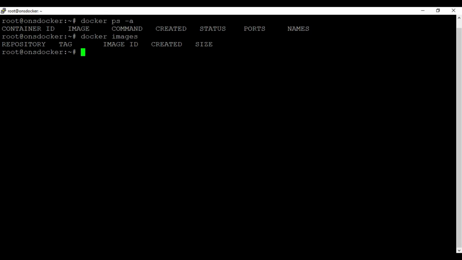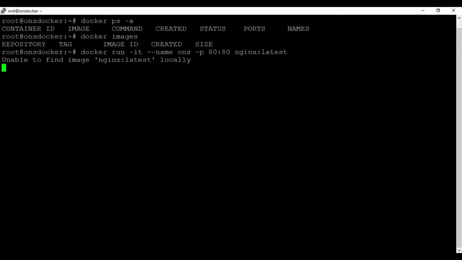So we have to create a container, open a port, and assign a container name also. How can we run it? We have to run docker run -it --name. After that we put the name of the Docker container, ons. After that we have to open ports. How can we do that? We use -p port 80:port 80. After that we write our image name which is on Docker Hub. Type here nginx:latest, press enter.